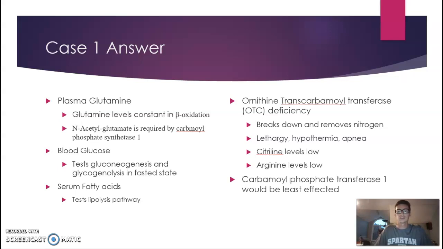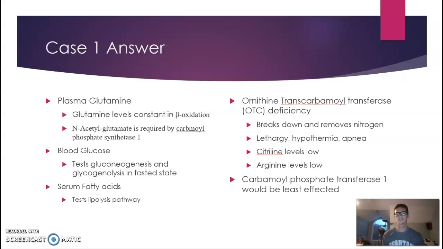In the case of the urea cycle defect, there would be an increase in plasma glutamine as it helps the transport of ammonia through the urea cycle. N-acetylglutamate is required as an allosteric activator of a key regulatory enzyme in the urea cycle, carbamoyl phosphate synthetase 1. In beta oxidation, glutamine levels would remain constant as it is a non-essential amino acid that is not required for this process. A plasma glucose test would not be administered to compare the two processes, because it will tell us